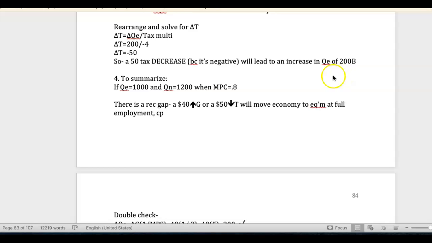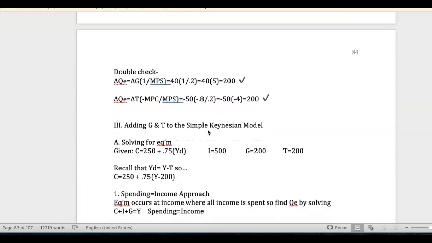All right? So to summarize, if our output is 1,000 and our potential output is 1,200, when the MPC is 0.8, there's a recessionary gap. You can either have an increase in government spending of 40 billion or a decrease in taxes of 50 billion, and that will move the economy to equilibrium at full employment, ceteris paribus, everything else remaining equal. And yes, you could do a combination of these two, but I'm not going to ask you to figure that out. All right, so to double check it,